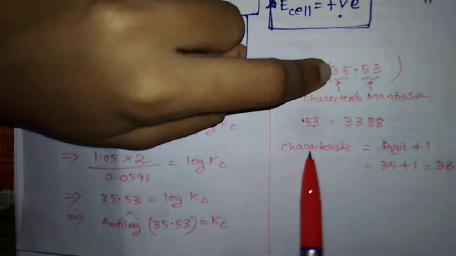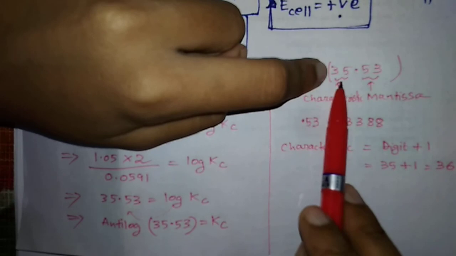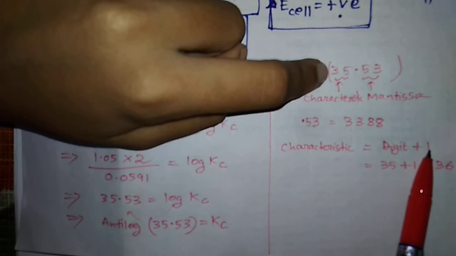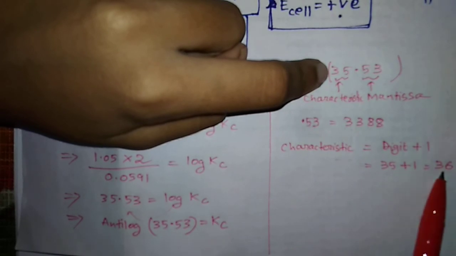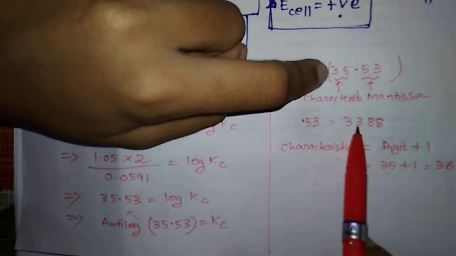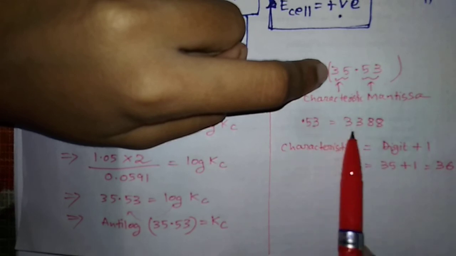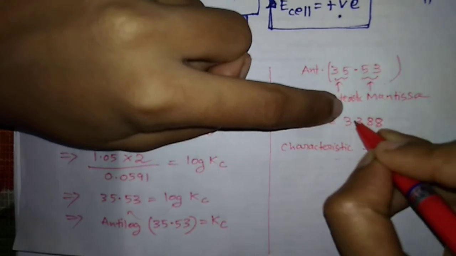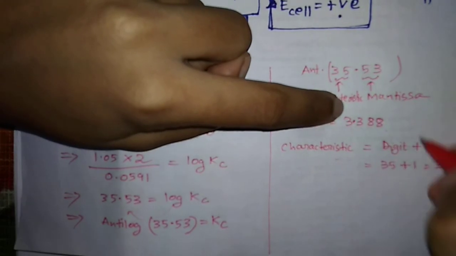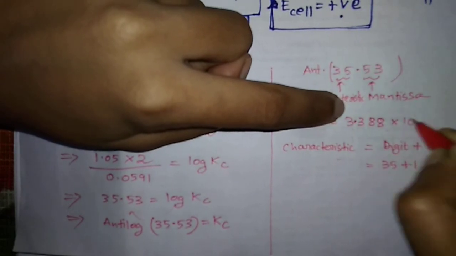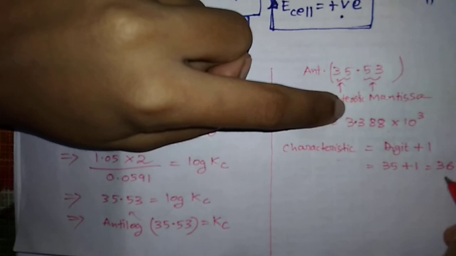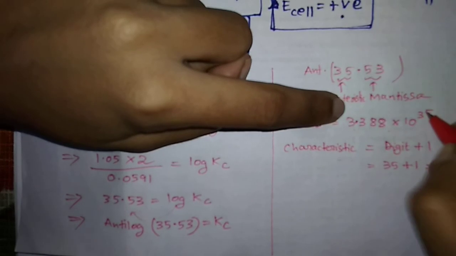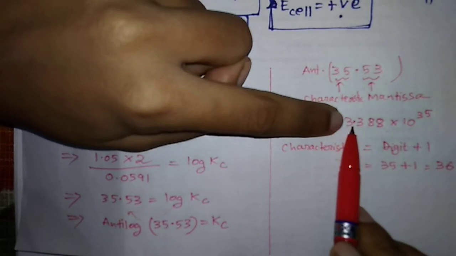इसके बाद हाउ टू पुट दी डेसिमल, इसके लिए क्या करना है, जो डेसिमल के पहले जो नंबर है कैरेक्टरिस्टिक, इसमें +1 करना है। +1 करने से 36 आया। अभी ये जो हम लोगों ने मेंटीसा निकाला एंटीलॉग टेबल से, यहाँ 36 प्लेसेस के बाद वी हैव टू पुट द डेसिमल। सो हाउ डू वी पुट, वी कैन नॉट पुट, सो व्हाट आई विल डू, आई विल पुट द डेसिमल आफ्टर 1 प्लेस एंड आई विल राइट 10 टू द पावर 35। ठीक है, ऐसा लिख सकते हैं साइंटिफिक नोटेशन में।